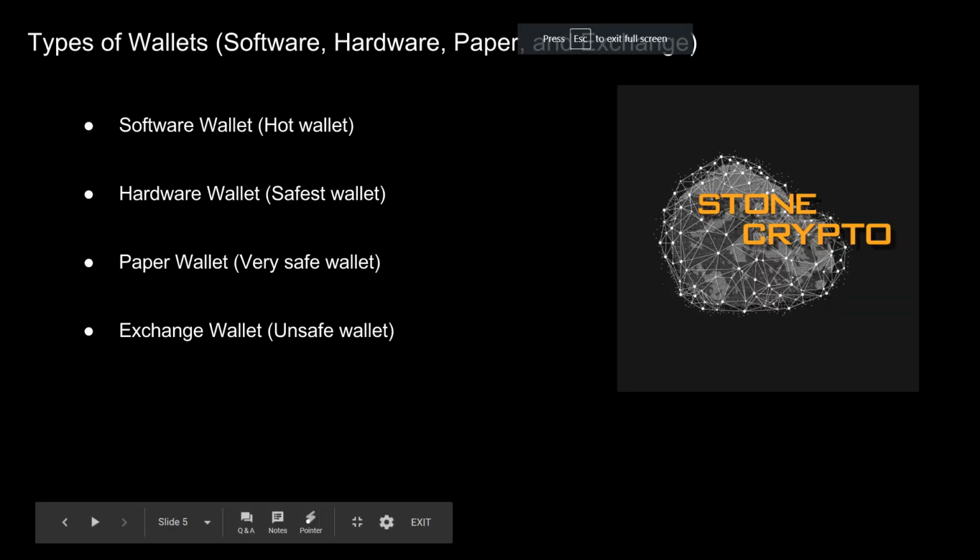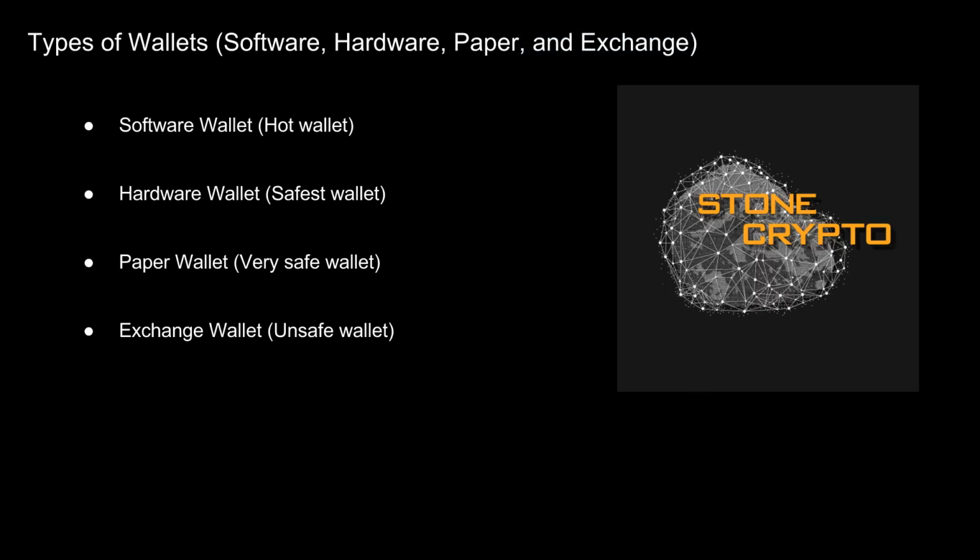We have hardware wallets now. So hardware wallets are wallets that have custom built hardware devices for you to store your cryptocurrency offline and into a kind of USB-like storage device that is heavily encrypted. Right now, hardware wallets are probably the safest thing you can store your cryptocurrency on, and you basically send your crypto to this external USB-like device following the instructions, and then you unplug it and store it away in a